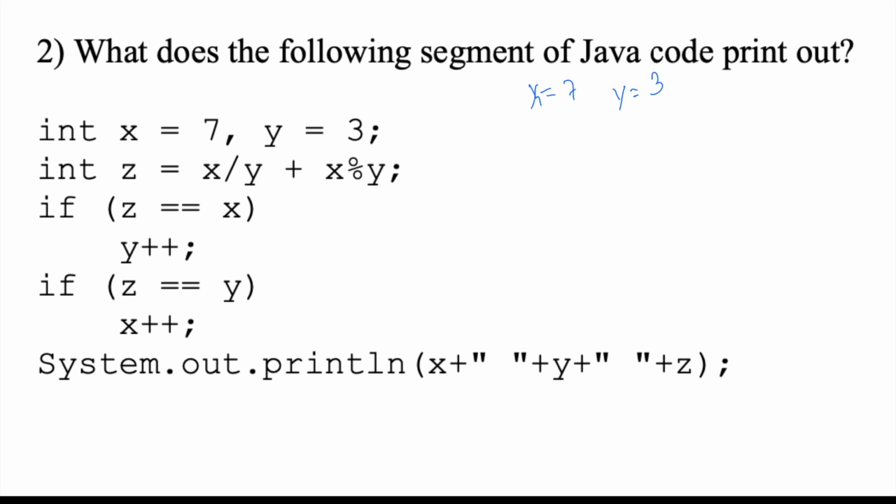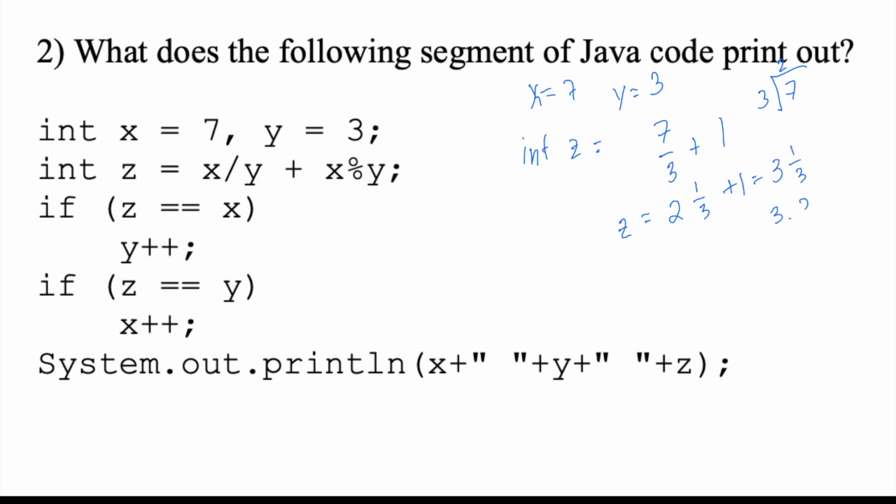So basically what that means is that we're going to have an integer. So int z is going to be equal to 7/3 plus x mod y. So if we do 7 and then 3 goes in 7 twice with a remainder of 1, it's going to be 7/3 plus 1. So that means that z is going to be equal to 2 1/3 plus 1,